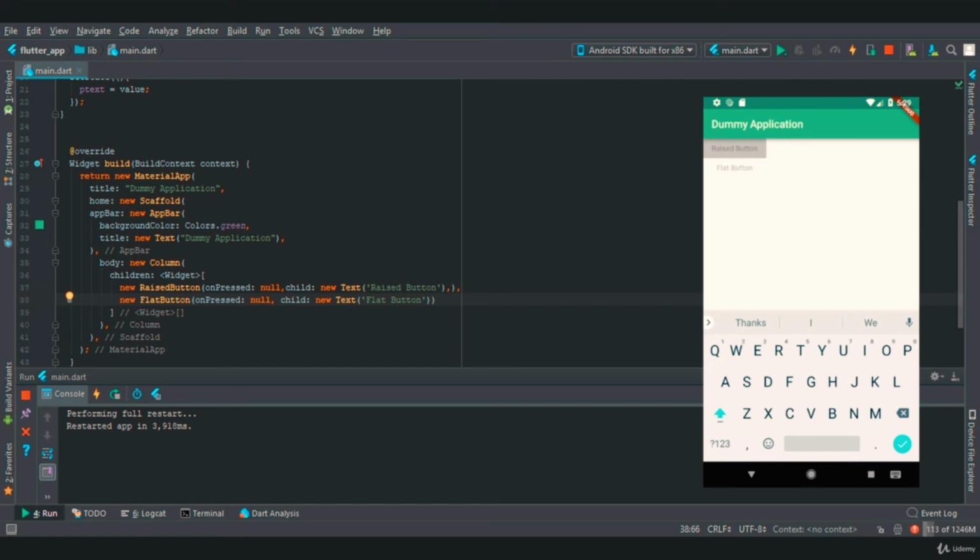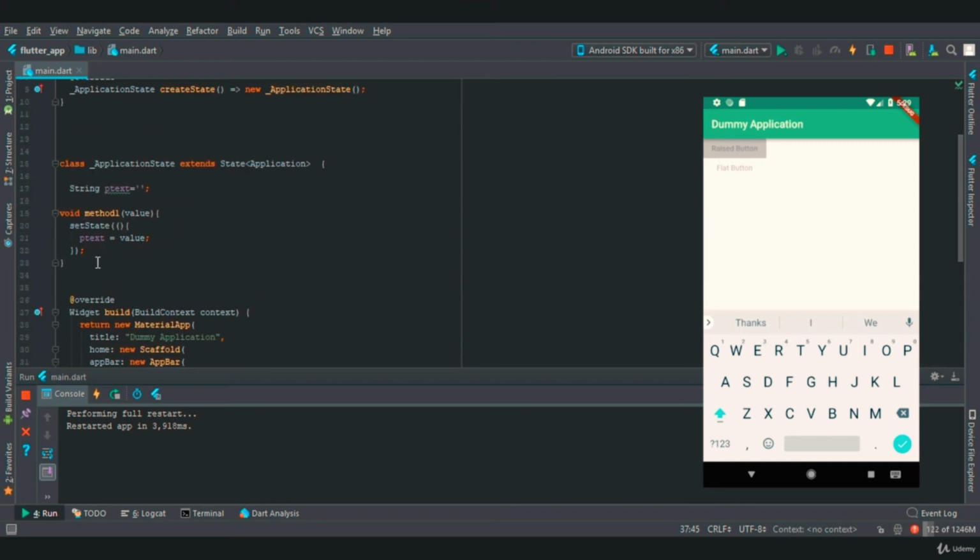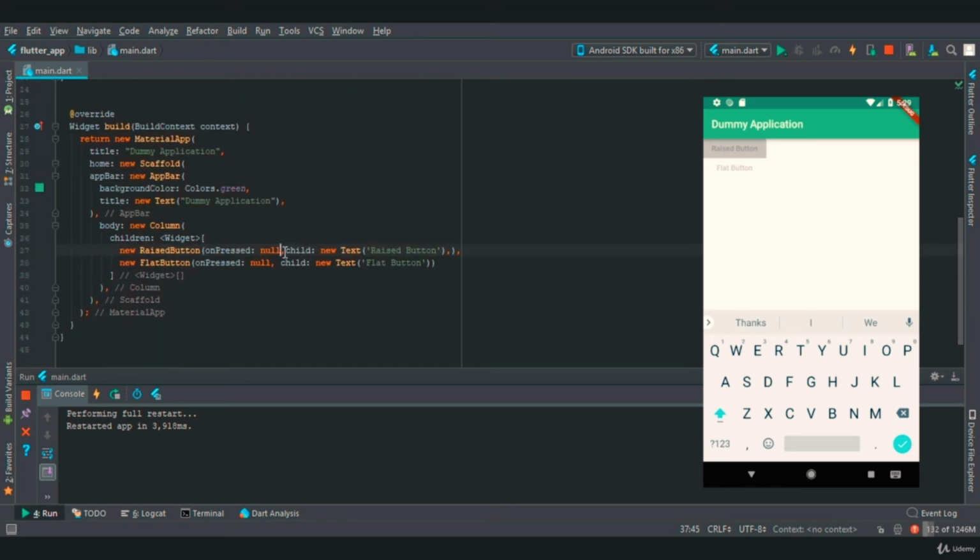So let's create an onPressed operation. I've already created a method and declared a string as keyText. What we will do right now is this onPressed takes a function.